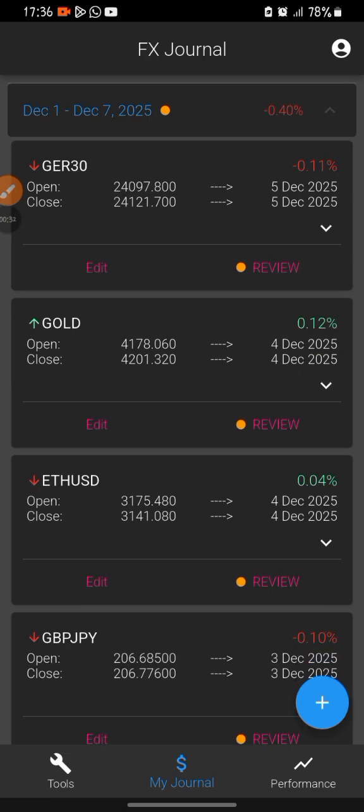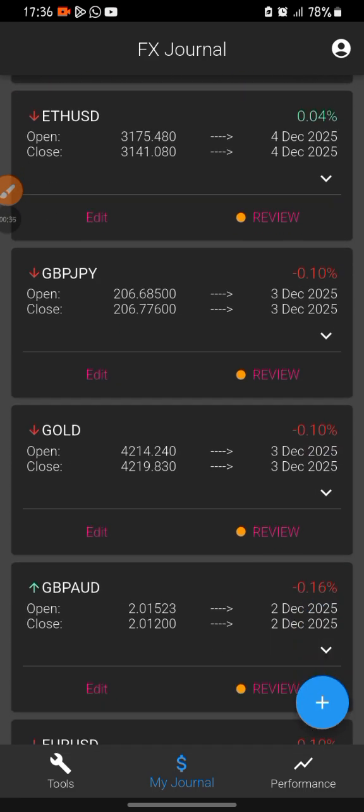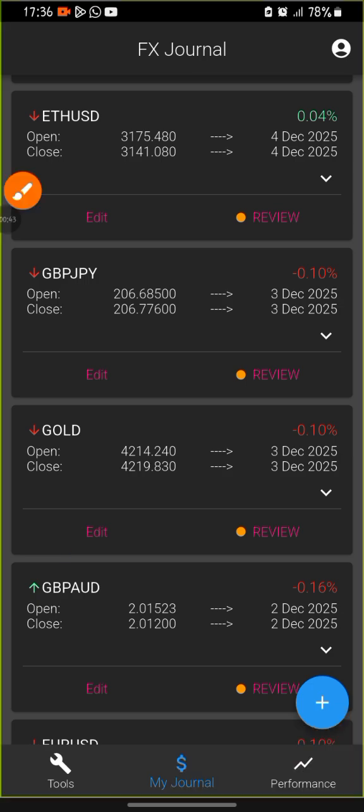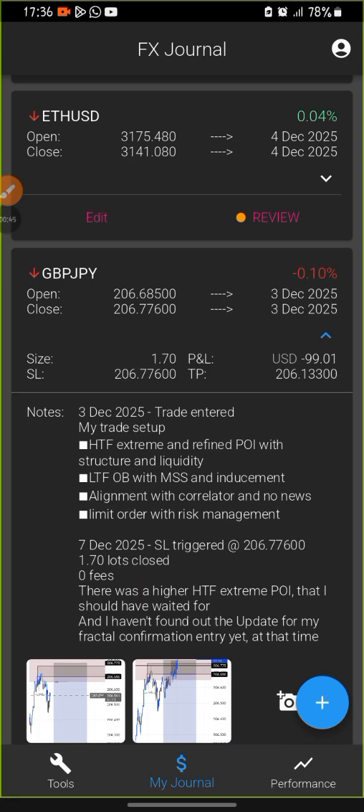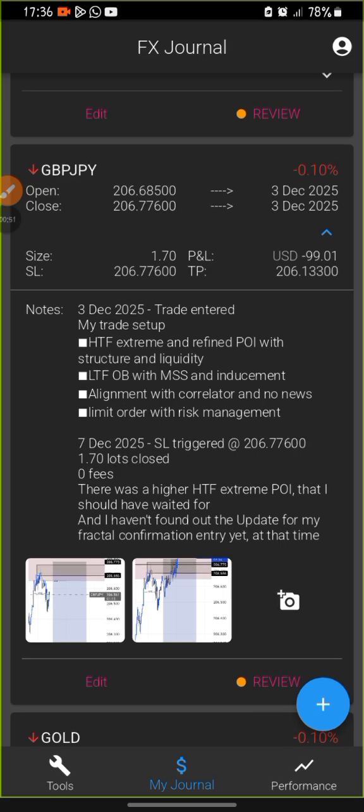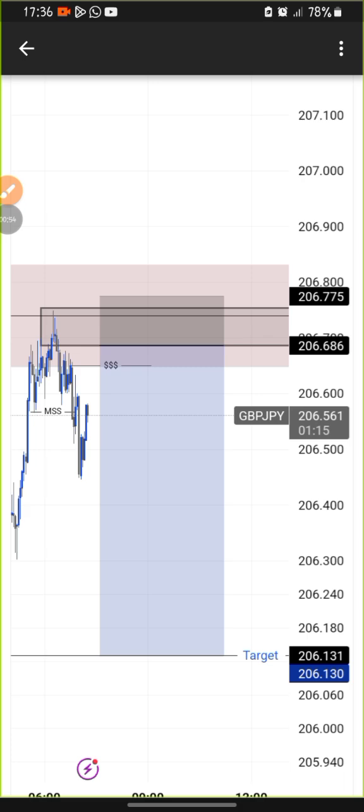So this is actually my journal, my trades. After taking that good loss, which is this one here, I took a trade on GBPJPY. So yeah, this was the trade on GJ, my setup. When I took this trade, I told you guys in my previous video that during the week I would be going back to my fractal confirmation entry. But within this weekend,